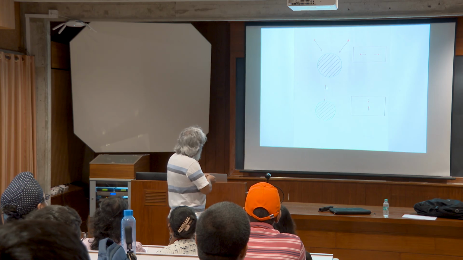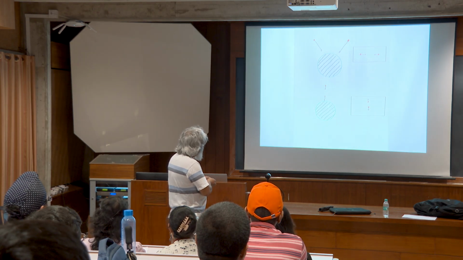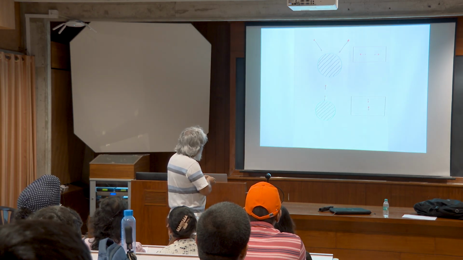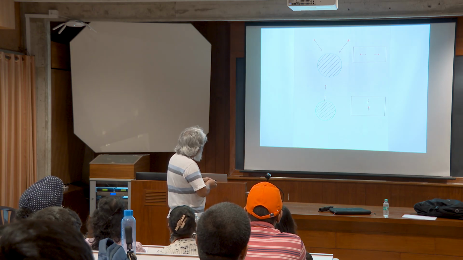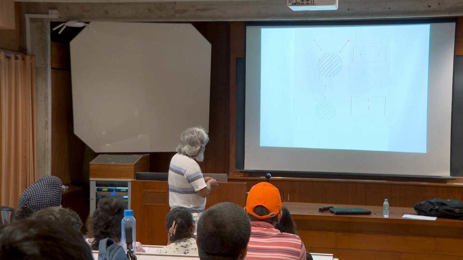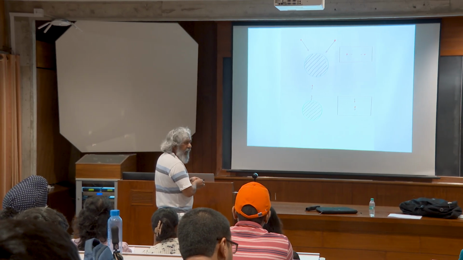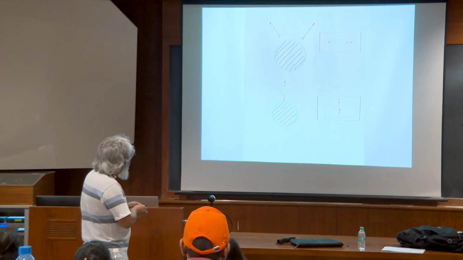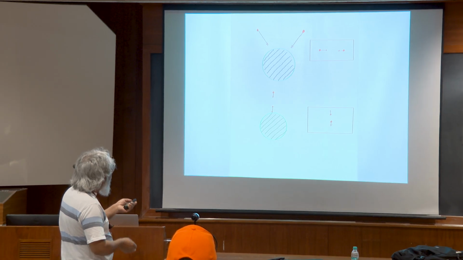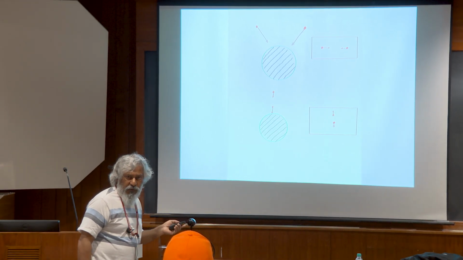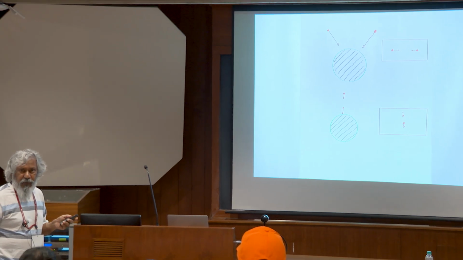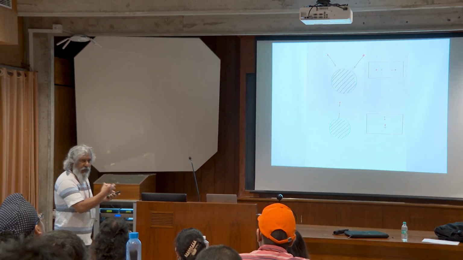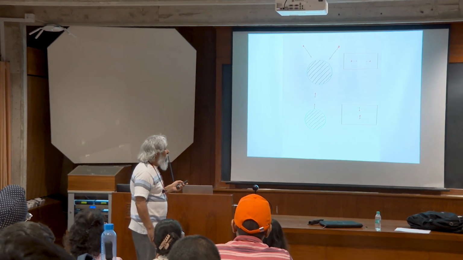And similarly, if I have these two bodies, this is further away from the Earth and falling slower. This is closer to the Earth and falling faster. And if I stand in between them, I'll see this guy going away from me because I'm falling faster than him, but slower than that guy. So I will see a relative acceleration here and there. And this is what they call a tidal force. Tidal forces are real, and this is what is related to curvature. And now we are getting into curvature.